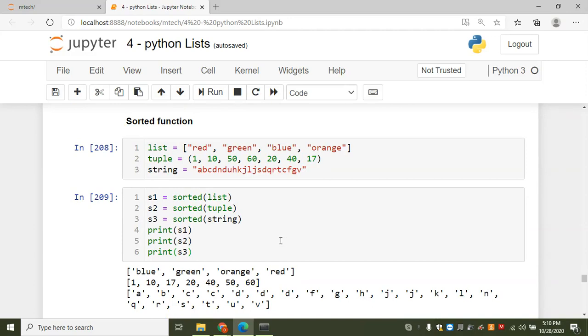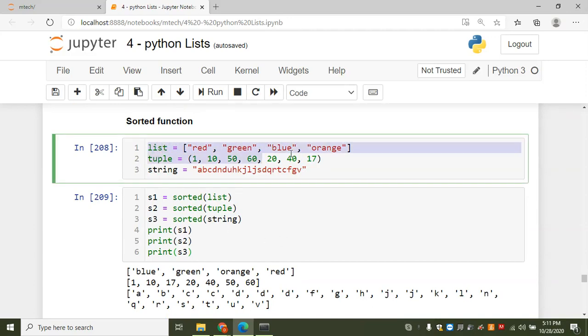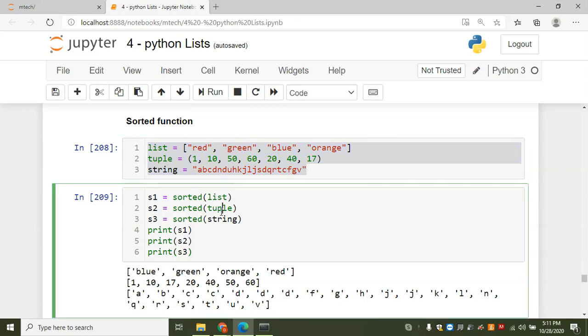Then comes the sorted function. This sorted function I have applied to a list, tuple and string also. Here is an example list, example tuple and string, and I apply this function to the list, tuple and string. The list red, green, blue, orange has got sorted in alphabetical order: blue, green, orange, red.